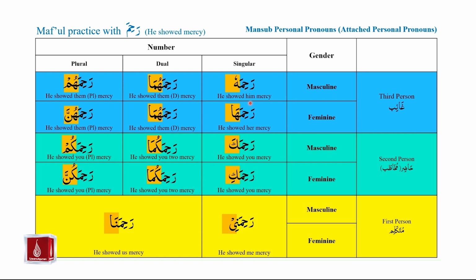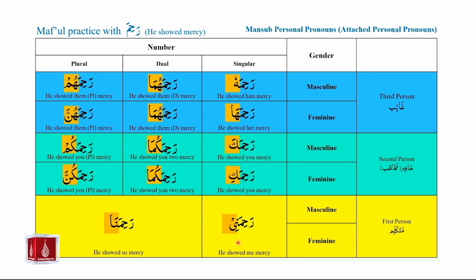Him is the mansoob personal pronoun hu. Please also pay attention to how hu is written in this case with the inverted pesh, because it is preceded by a zabar. Rahimahuma, rahimahum, rahimaha, rahimahuma, rahimahunna, rahimaka, rahimakuma, rahimakum, rahimaki, rahimakuma, rahimakunna,